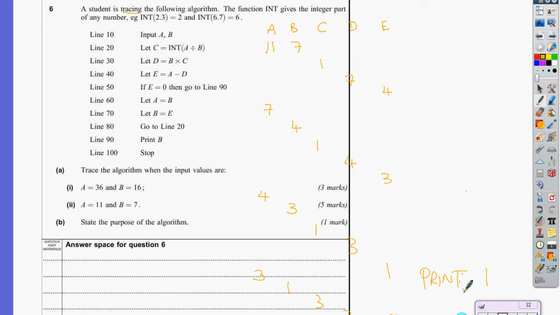then state the purpose of this algorithm. So the answer we got here was 4, and the answer we got here is 1. Any ideas what it could be? Well, this is where you guess and have your best chance. The general ones are, it could be highest common factor, lowest common denominator, it could be square root of 2, it could be an approximation for pi. You've got to give it your best shot and get the best idea. This one, I'm hoping you can see, is the highest common factor. You've got 2 prime numbers here, so